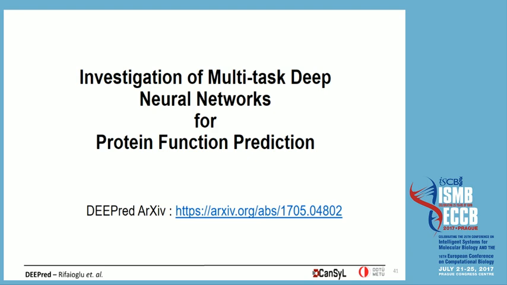Yeah, I forgot to mention that the result I have shown for adding electronic annotations was the result for the molecular function Go terms. We didn't perform this for biological process and cellular component, but we will definitely do this, and we are going to update our archive paper. For now, I don't know what will happen when we add electronic annotations to the training. Do you expect any improvements? For biological process and cellular component, maybe there will be some improvement, but I don't expect very much improvement. Okay, thanks a lot.